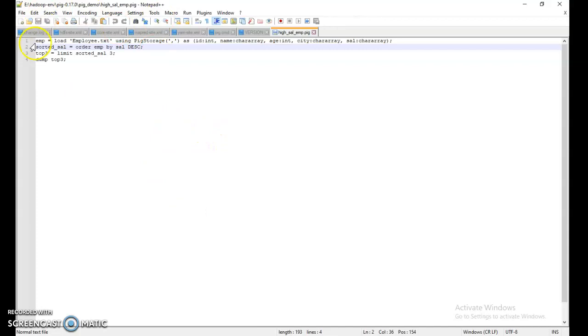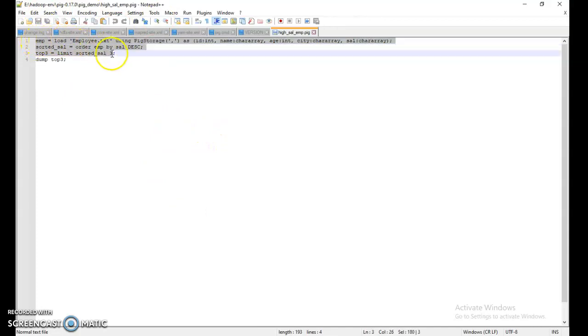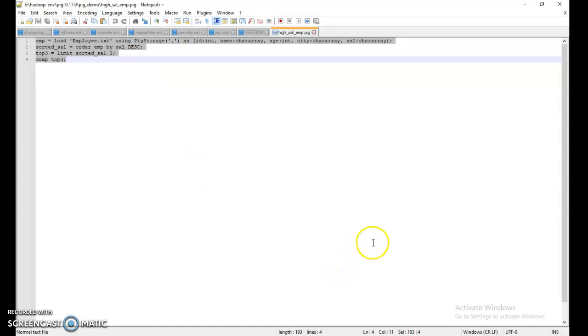See here, I have written all the required commands, and I have saved this file with the extension .pig, and now this is my Pig Latin script. I will execute this Pig Latin script with the help of the exec command. The name of the file is hi_sal_emp.pig.